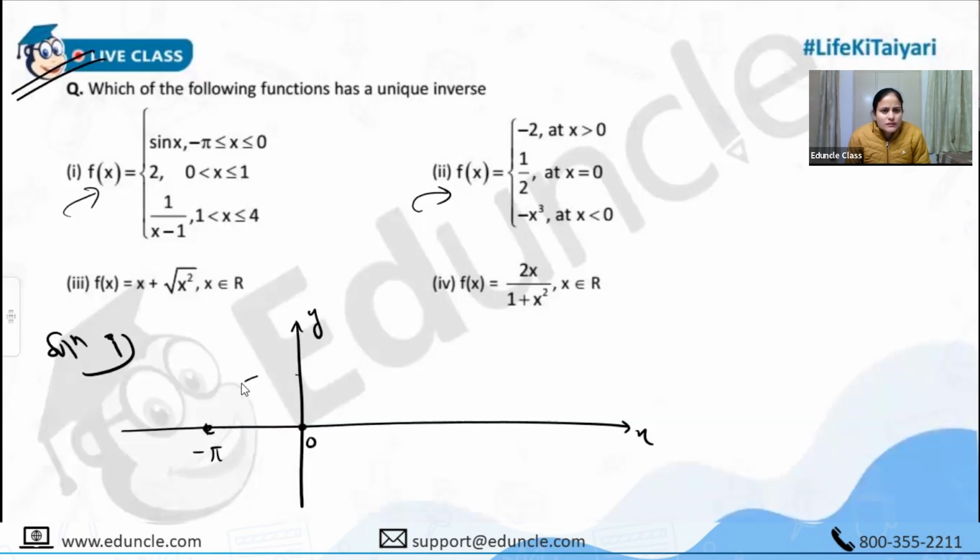So somewhere here, wait, like this, correct है? फिर at 0, between 0 to 1 it is 2, and till 1 it is 2. ठीक है? Okay, then 1 to 4,